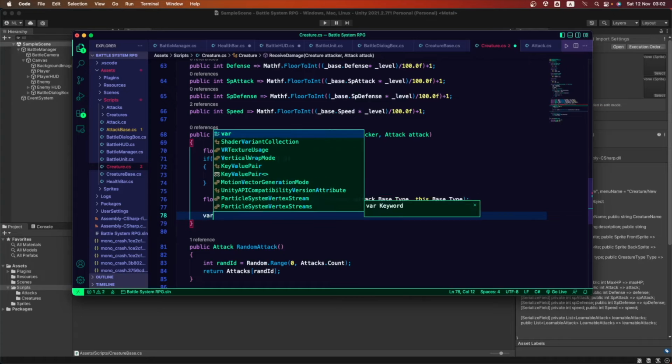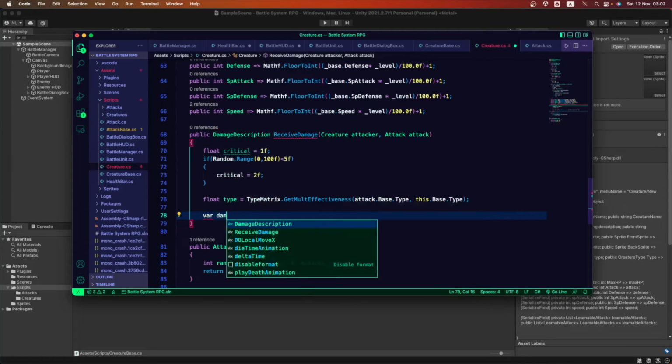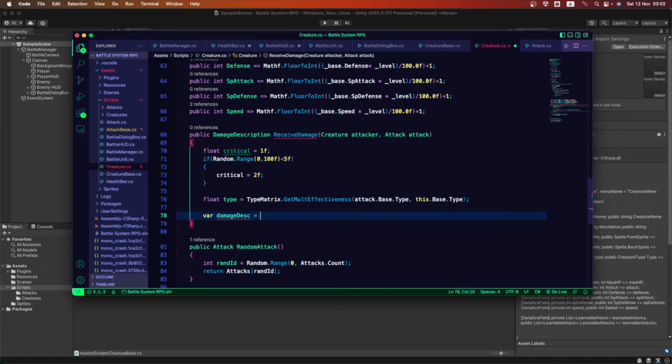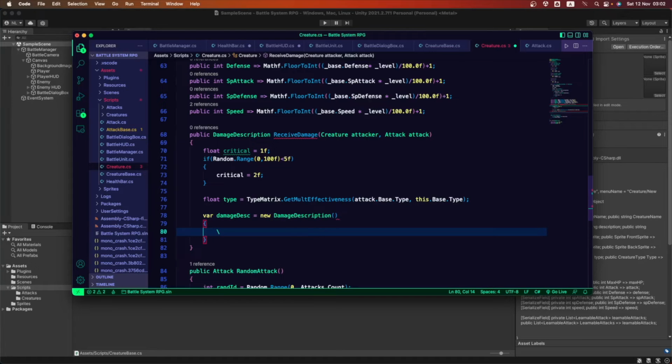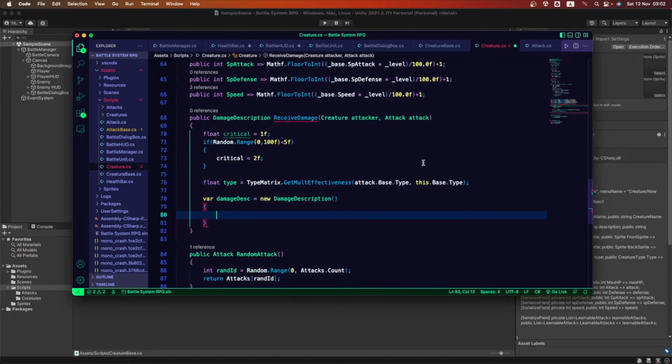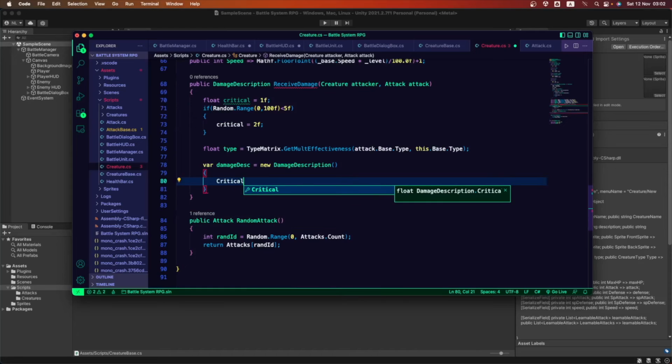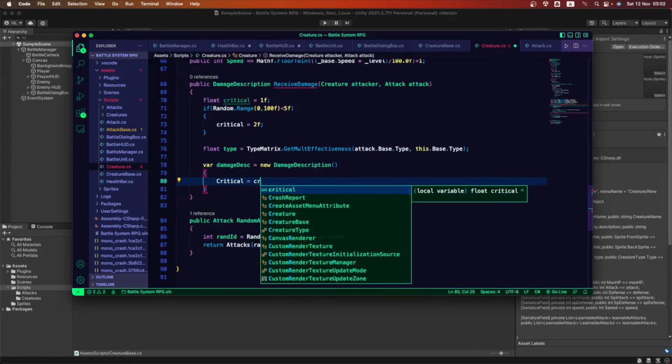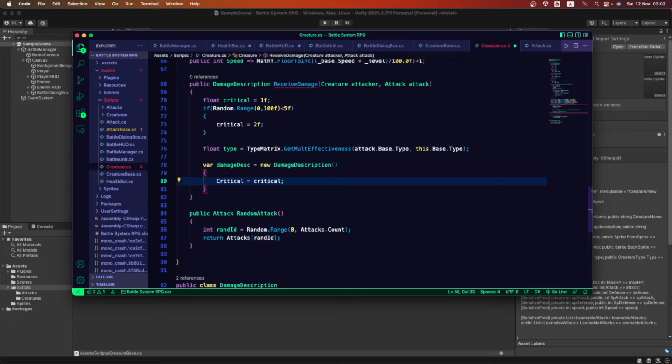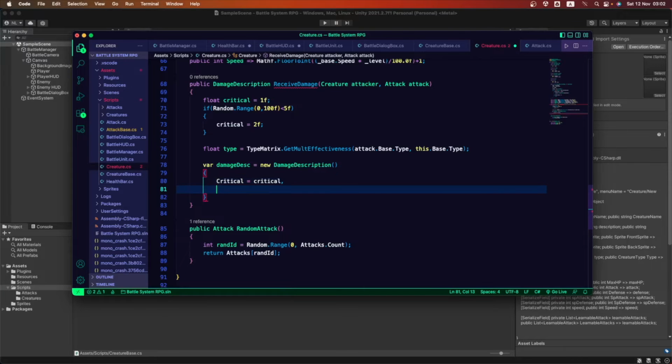So now let's create a variable called damageDesc. This is gonna be assigned to new DamageDescription. Remember, the class we just created. And then we're gonna be setting that one here, and critical is gonna be equal to critical, the one we just created up there.